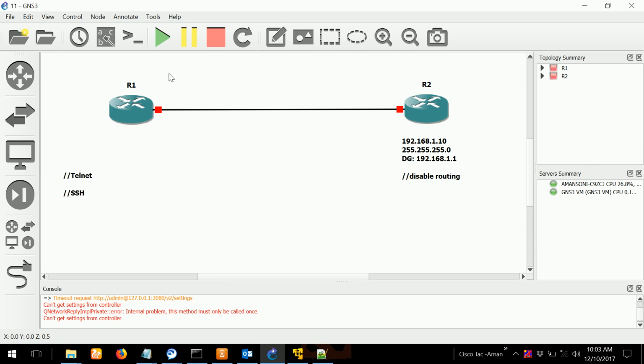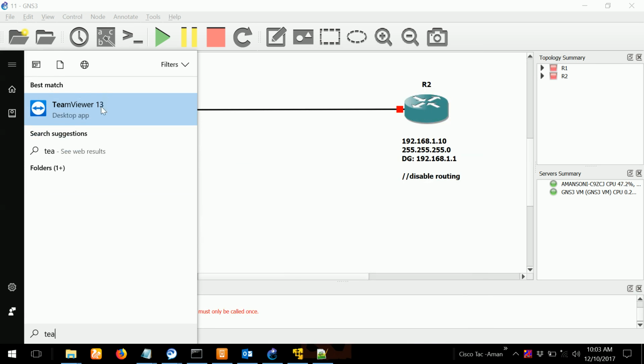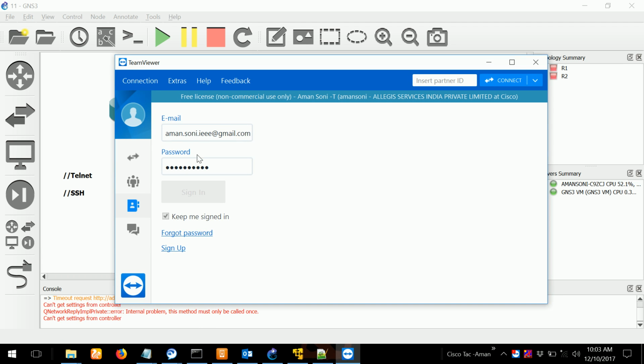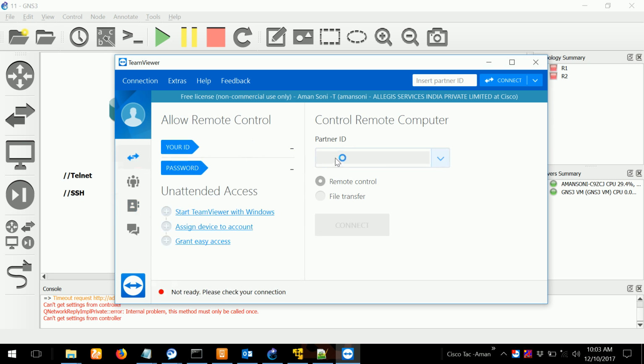So what is remote access? First of all, few of you might know what TeamViewer is. TeamViewer is a remote access software for our laptops and PCs. For example, I have my friend's PC or my home PC and I'm at the office right now and I want to check some things on my home PC. So I will just log in, put the ID of my partner here, click on remote control and connect, and in this box the desktop of my home PC will open and I can remotely access it from here.